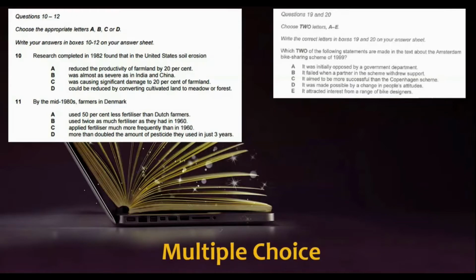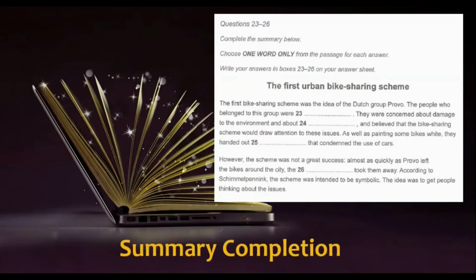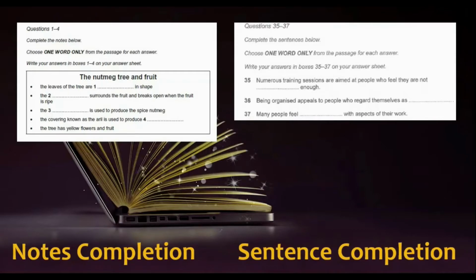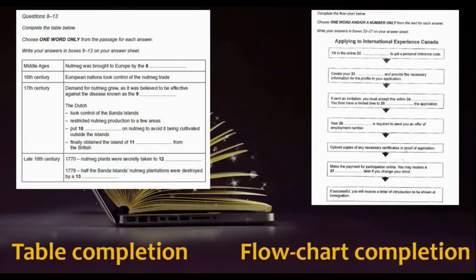Remember that all the options will be present in the paragraph, but only the right answer will match, the rest will contradict. If you are sure an option is wrong, then strike off that option. This way would also help you to get to the right answer. For question types such as summary, notes, sentence, table, flowchart, and diagram completion, the questions follow the same order as the passage. So solve one by one using the scanning technique.